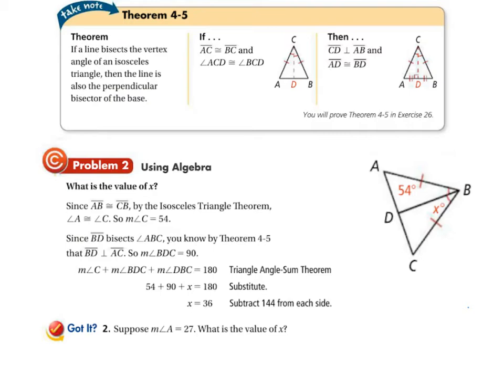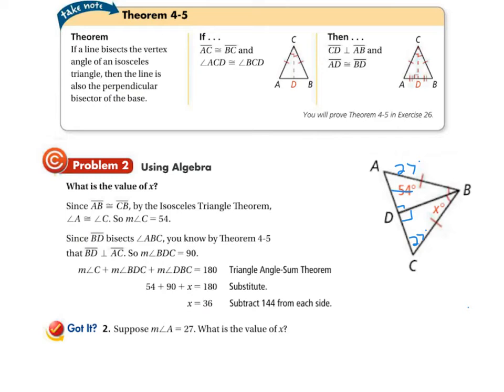Okay, so then suppose that the measure of angle A is 27 and not 54. What if that was 27 instead? Well, that would be 27, so this is 27. This is a 90-degree angle, and so is that a 90-degree angle. And then we've got a 27-degree angle, a 90-degree angle, and x, and those three have